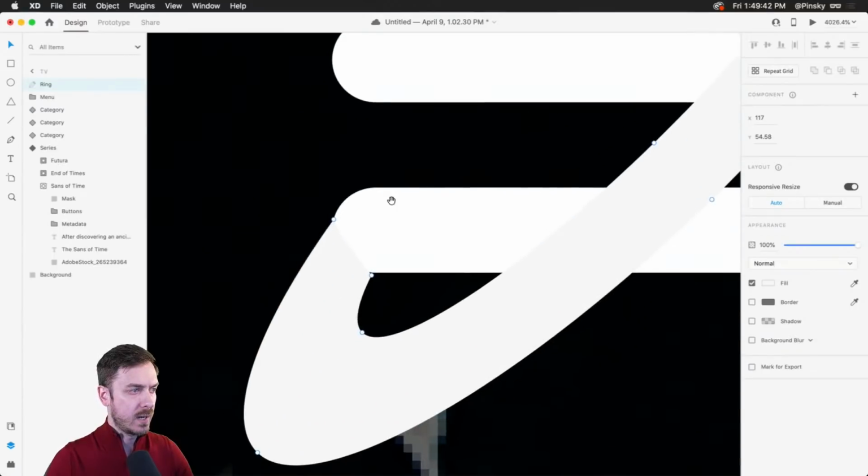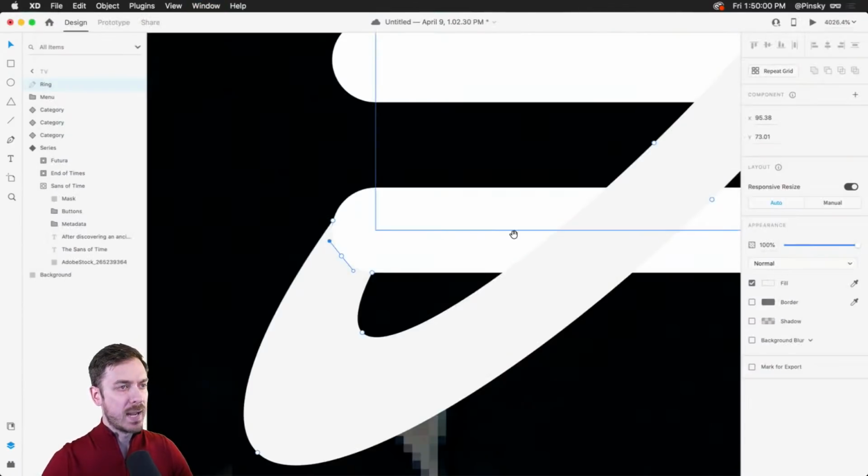There we go. And down here, maybe we can add a point and then curve it on up, just to get a little bit fancier with this icon. It's probably not worth the time, to be honest, but it's fun to do. Not bad.